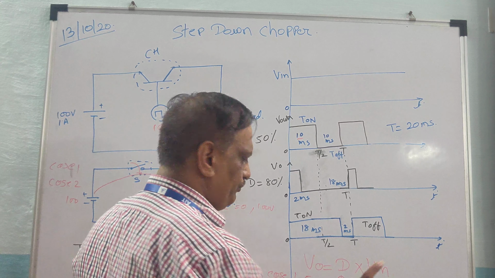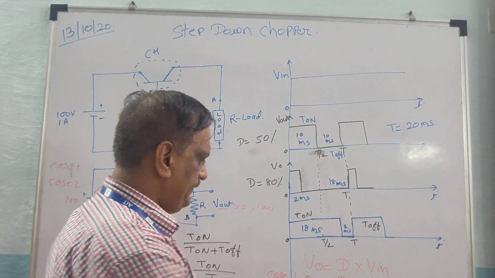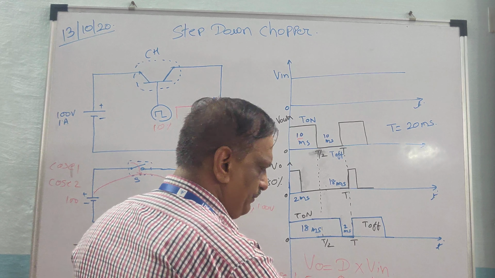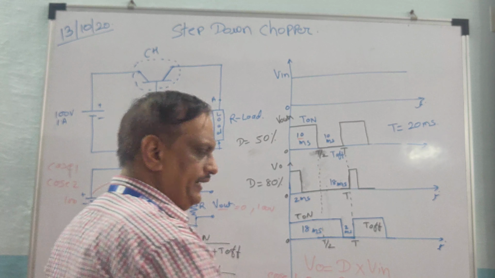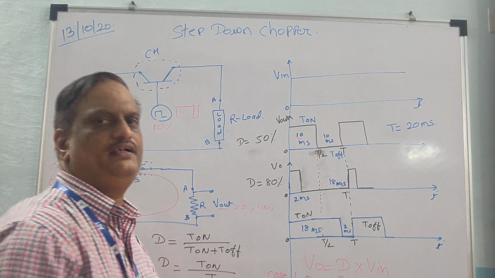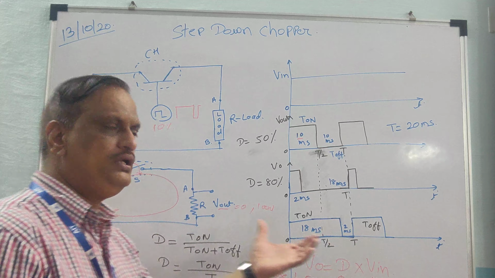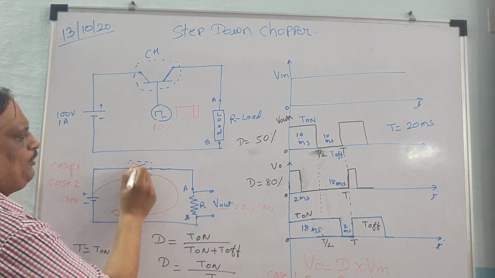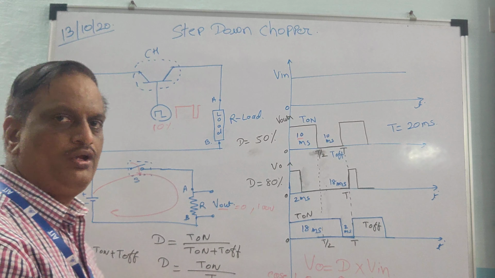Okay. So we have considered 3 cases here. In the first case the duty cycle is 50%, in the second case the duty cycle is 10%, and in the third case the duty cycle is 90%. Since my input voltage is 100 volt, with 0.5, 0.1 and 0.9 as the duty cycle, my output voltage magnitude is 50%, 10% and 90% of the input. How much output I get depends upon my input voltage and the on time of the switch.